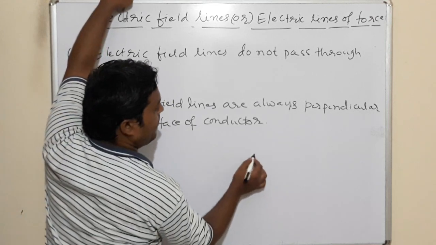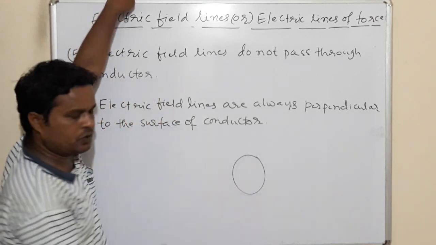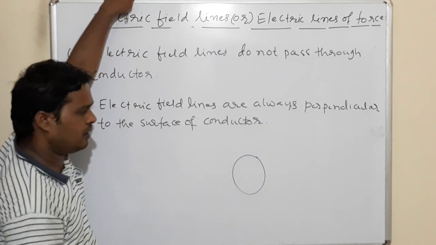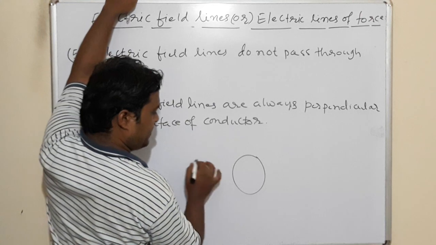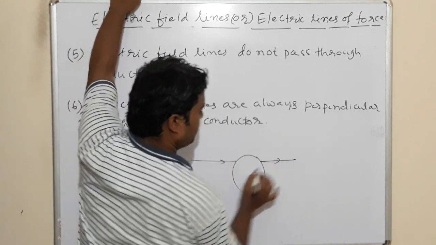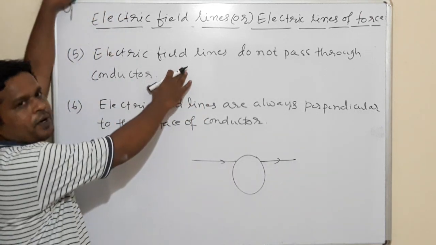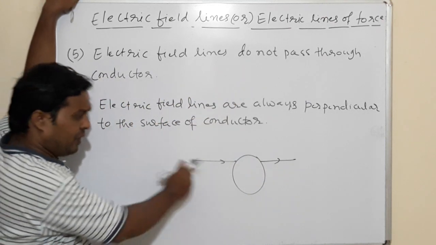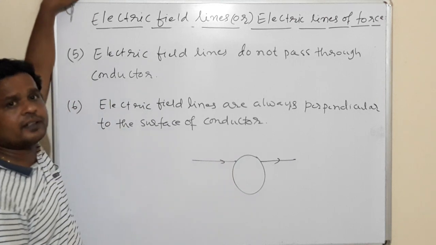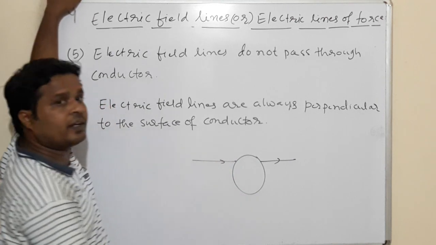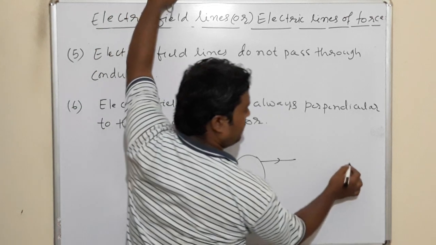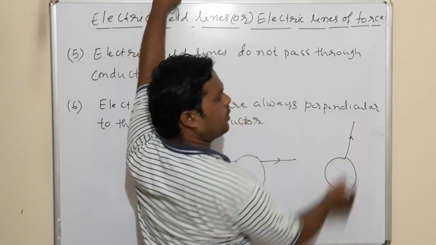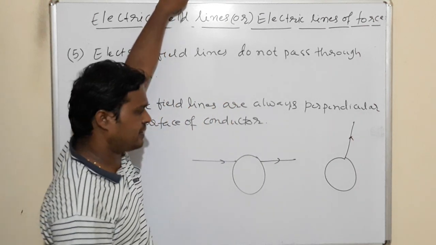Suppose, for example, this is a conductor. Then we draw some lines here. Suppose I draw a line like this, it is satisfying the property that electric field lines do not pass through the conductor. But is it perpendicular to the surface of the conductor? If I draw a line here, is it perpendicular to the surface of the conductor? Yes, because